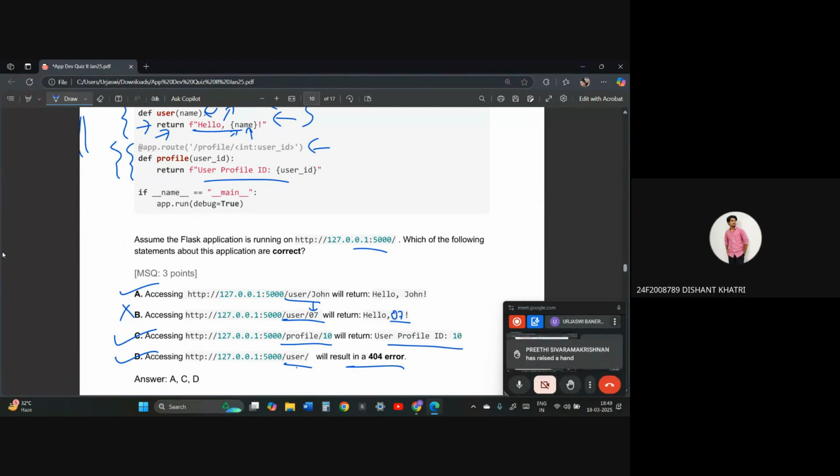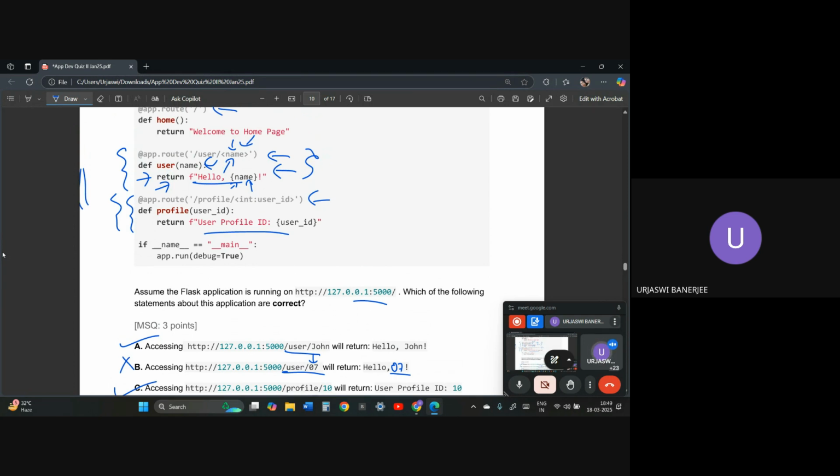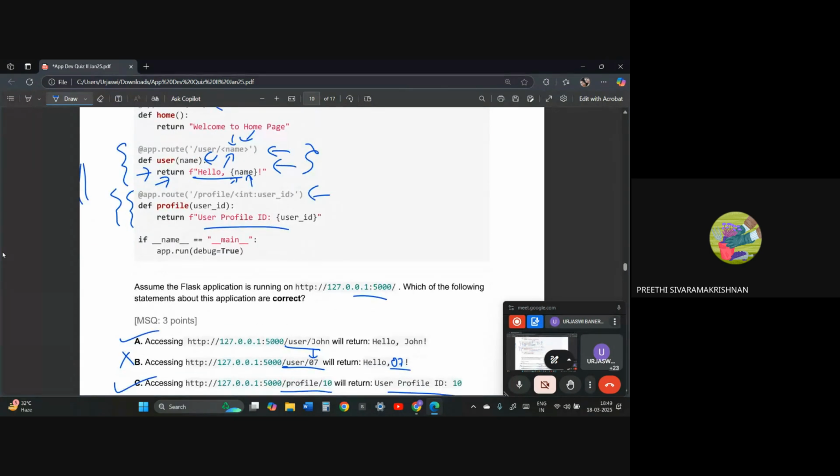But ma'am, here the name is an empty space, and we can put an empty space. We can get the output hello, comma, empty space, then exclamation mark. Is this hello output possible, with an empty space over here because your name is blank? Yes, ma'am. Actually, in one of the PYQs that we had discussed earlier, we were facing such an issue, and I think you said that it will be a blank space. It will not be a 404 error or something like that.